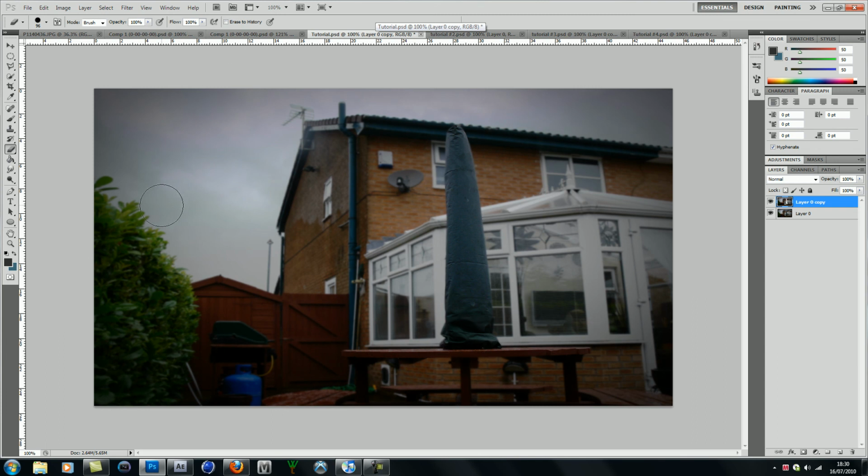So in the next tutorial I'll be showing you how to include some 3D text here, coming out of this bush, so it's coming over the shed. Maybe add some shadows on here from that actual layer, and I'll be bringing it in as an actual Photoshop layer, not an image where you then have to green screen or use the lasso tool, just to save time really. So yeah, basically that's the end of this